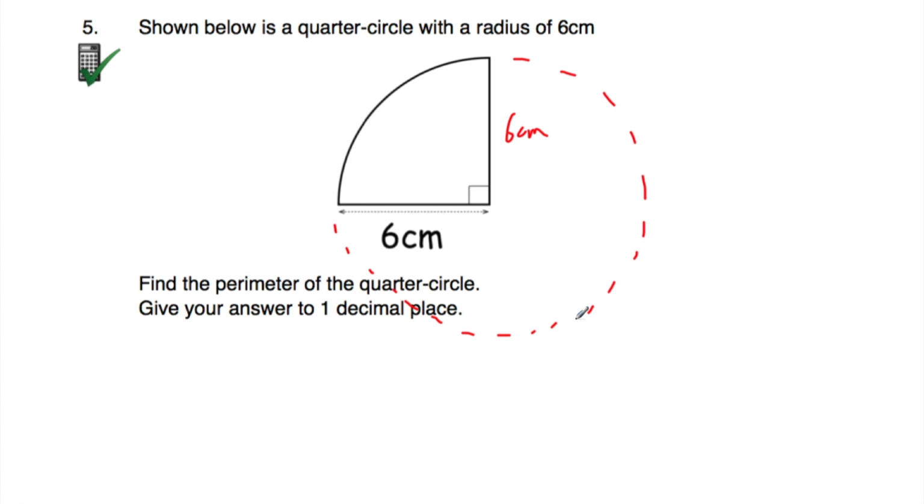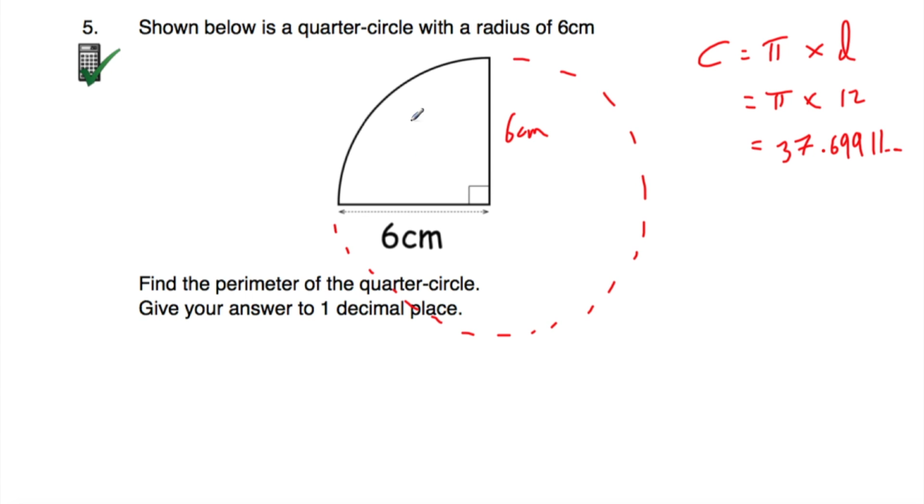So we've got this circle, and this length from here to here would be a quarter of the whole circumference. If we look at this circle, the diameter of the whole circle would be 12 centimeters the whole way across. So the circumference is equal to pi times diameter. So we're going to do pi times the diameter of the whole circle, which would be 12. On our calculator we could do pi times 12, and that would be 12 pi, or we could do pi times 12, and that's equal to